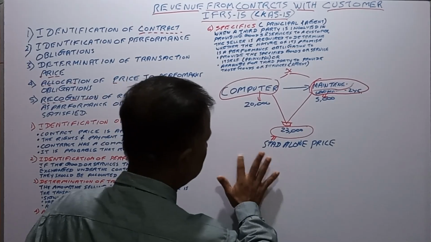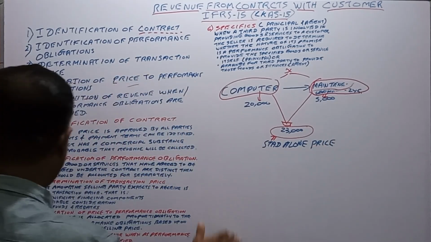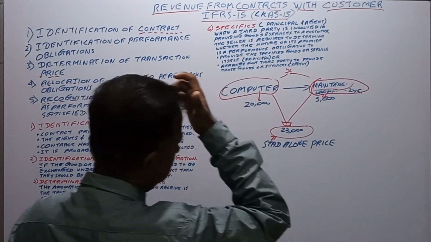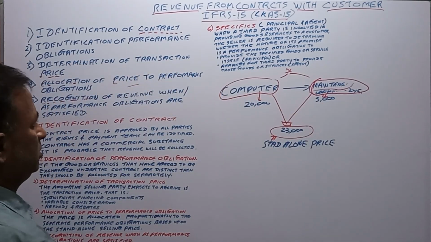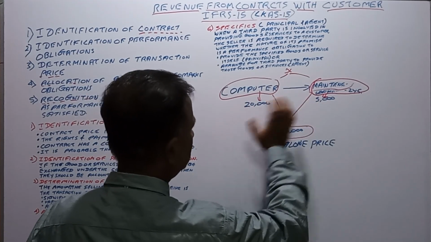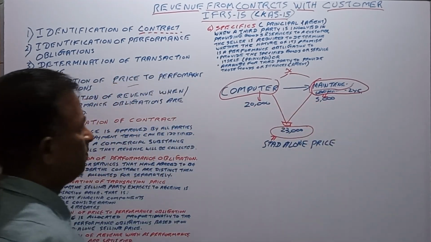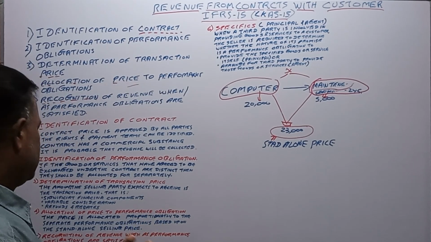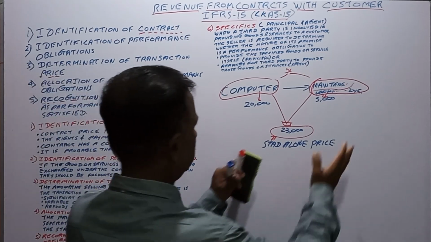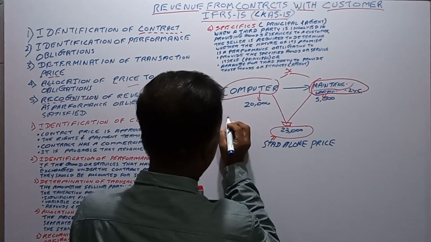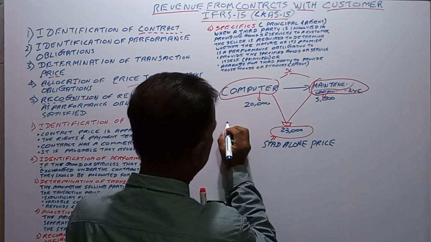Based on this, they want to know whether you can allocate the price to the separate obligations. There are two obligations: supply of computers and supply of maintenance services. Whether you can determine and allocate the standalone price to these. Yes, we can. How? Here you get